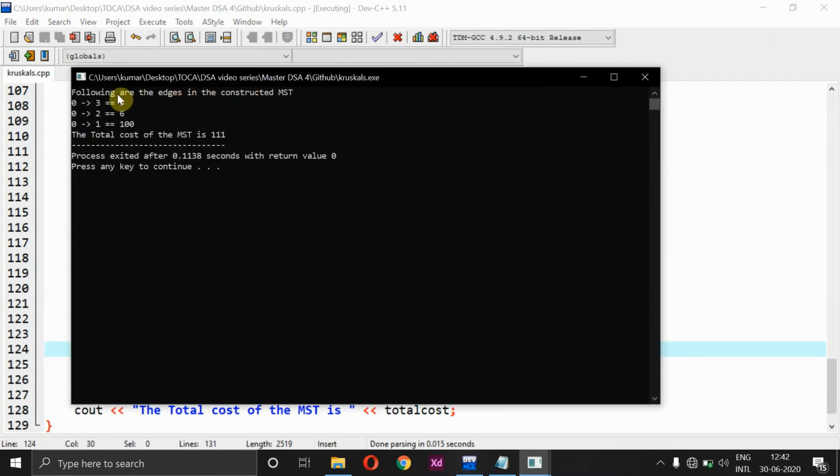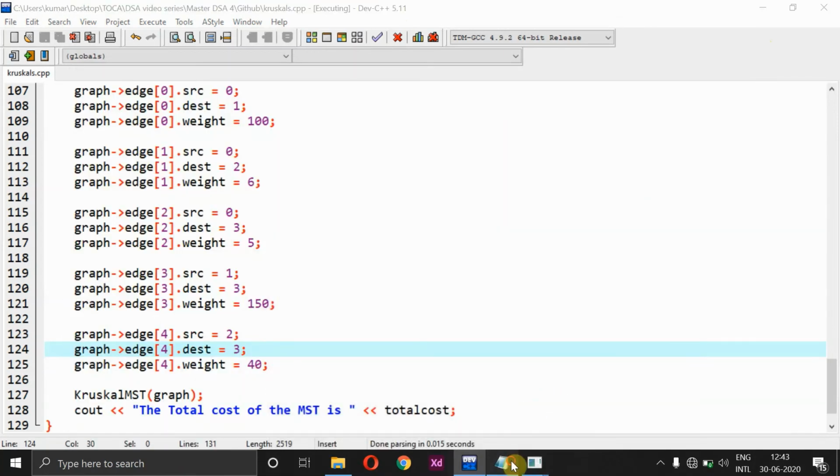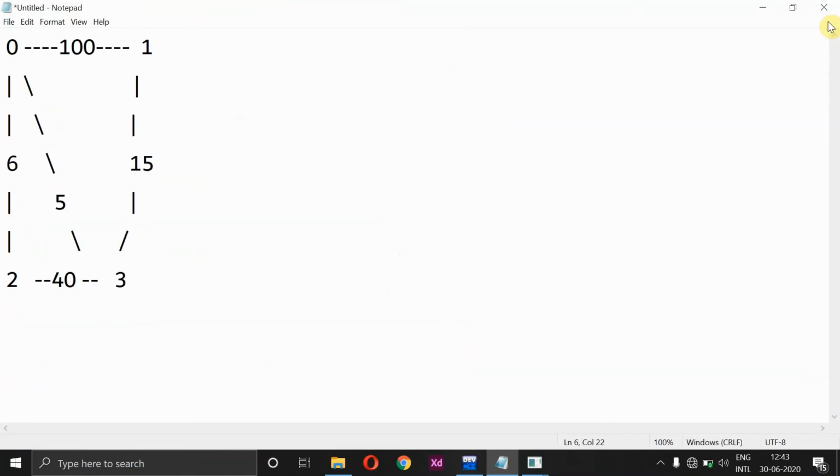So let's try to compile this and see, from 0 itself we are getting all the vertex, like from 0 to 3 I get 5, 0 to 2 and 0 to 1, because the path 2 to 3 has now been modified to 40 instead of 4. Right? So this path has been modified to 40, and if I consider 0 to 2, right? So in that path the value is 6, but this will be 40. So comparing 6 and 40, 6 is the minimum value, so we are going to choose 6 itself. So this is how the algorithm entirely works.